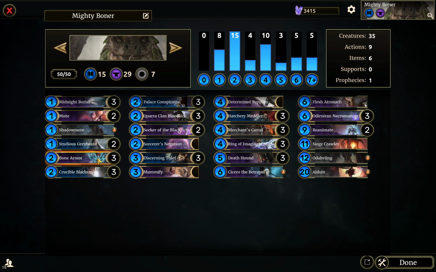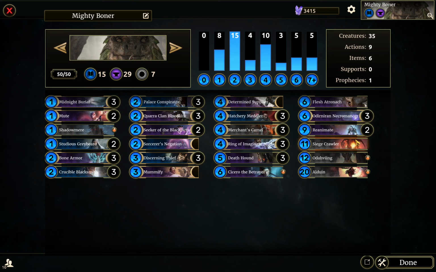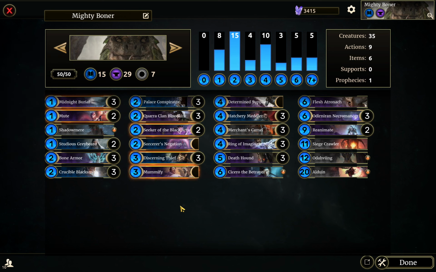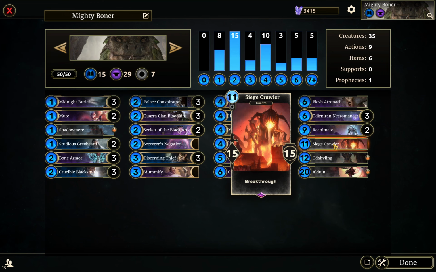And so, if you can get ideally 2 Bone Armors with a couple Siege Crawlers in your discard, for example from Midnight Burial, then you can OTK them, do 30 plus damage in one hit. So there's a few parts to the combo. The cleanest version of the combo is you use a Midnight Burial to put 2 Siege Crawlers